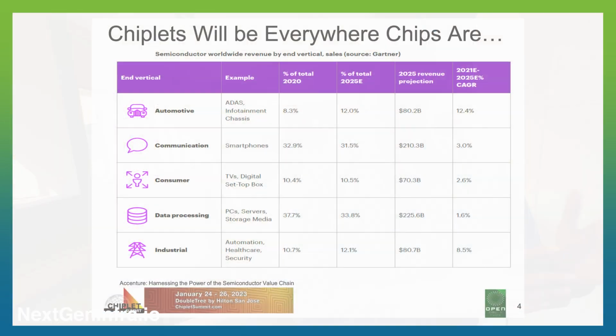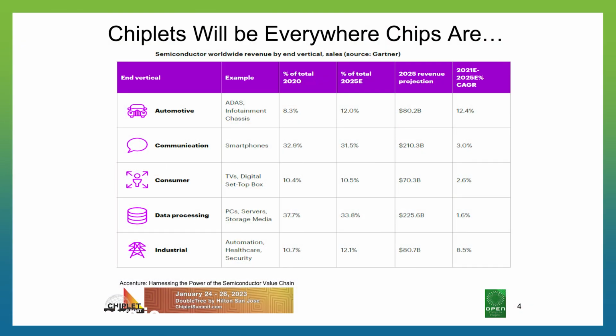general approach to what we think. The foundational idea here is that chiplets are going to be everywhere chips are, and that everywhere chips are serves a fantastic wide range of requirements. And so to meet those, you probably need a diverse approach. And the right way to do that is to create an infrastructure rather than being too prescriptive, a set of